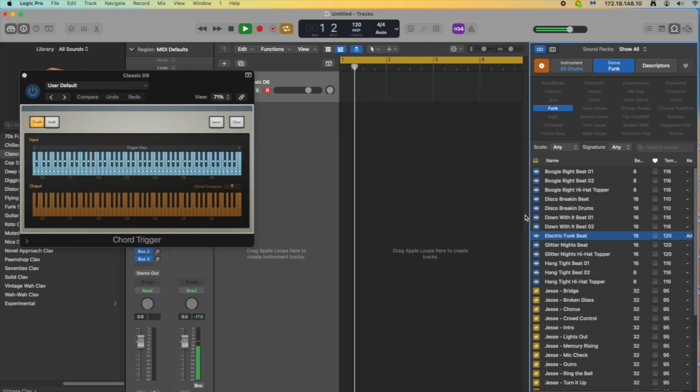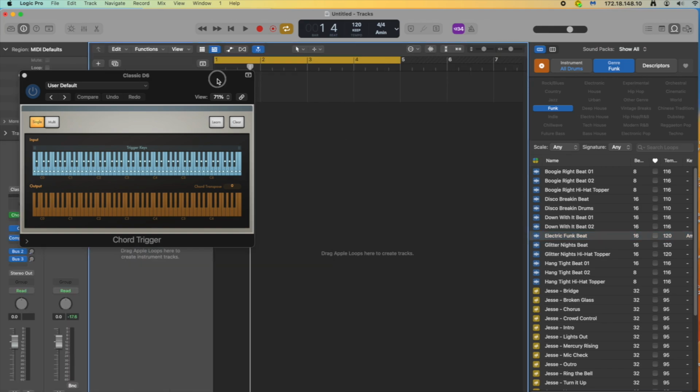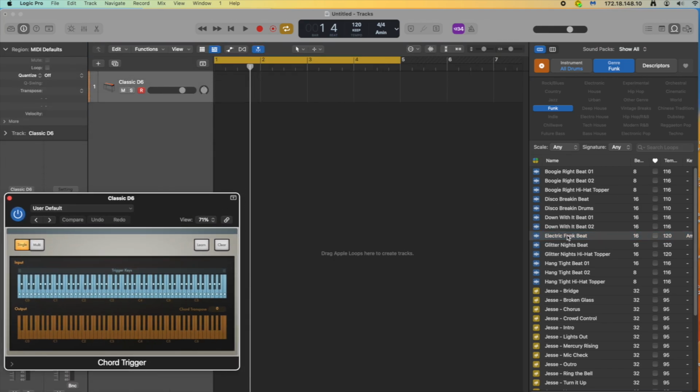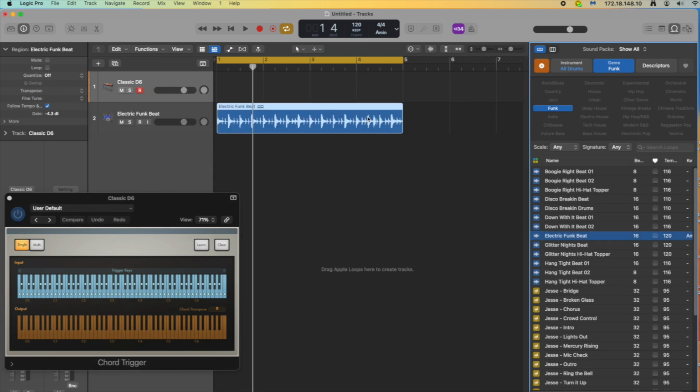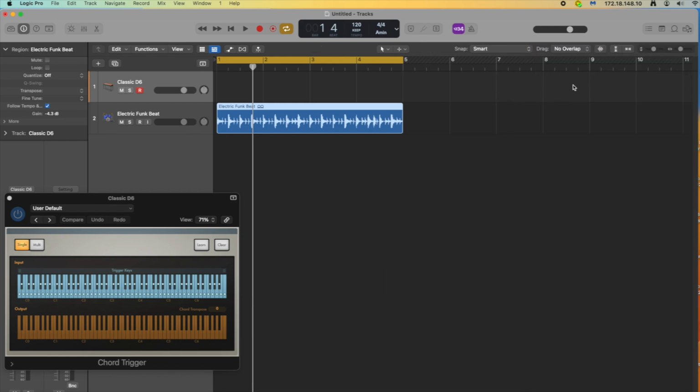Logic's loop library is quite a bit bigger than the one that's in GarageBand, so there's lots of loops to explore. But if you find one, you have to click and drag it into the workspace in Logic, just like GarageBand, to get that to work. So once you get that in, you can loop the drum beat. And then while you're looping the drum beat,